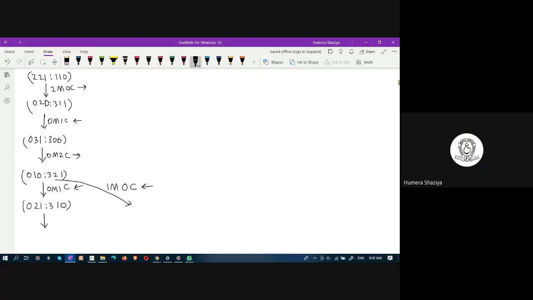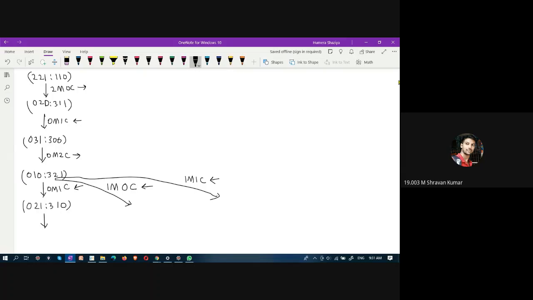See, to the left, we are already taking only one every time. Yes, ma'am. See here, 0,1,0 and 3,2,1. This is a left state, ma'am. This one, 0,1,0 and 3,2,1, is the penultimate one. Okay, let us see. So you mean one missionary, one cannibal to the left, only one missionary to the left. Okay, there will be one missionary, one cannibal, one boat.